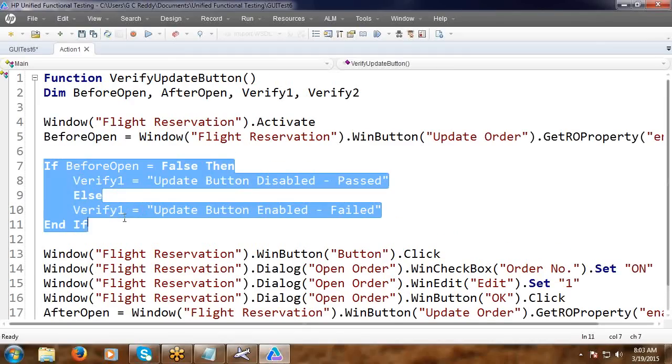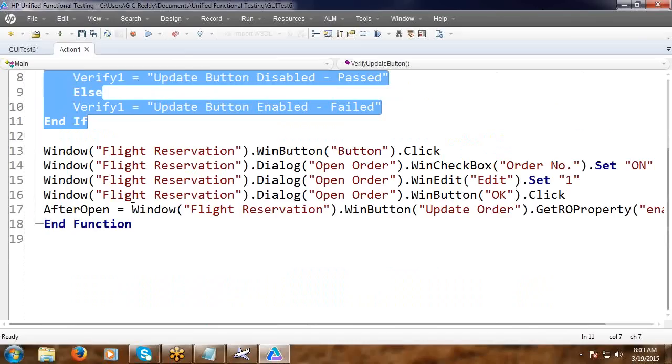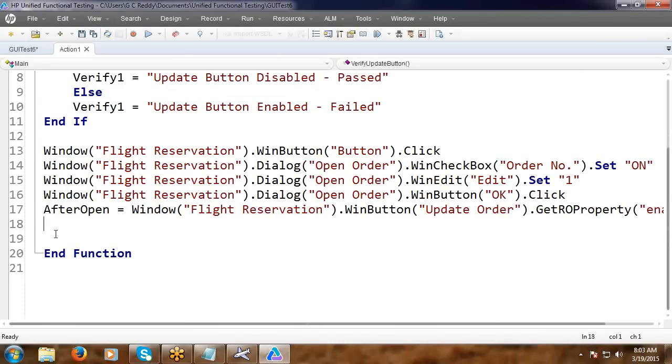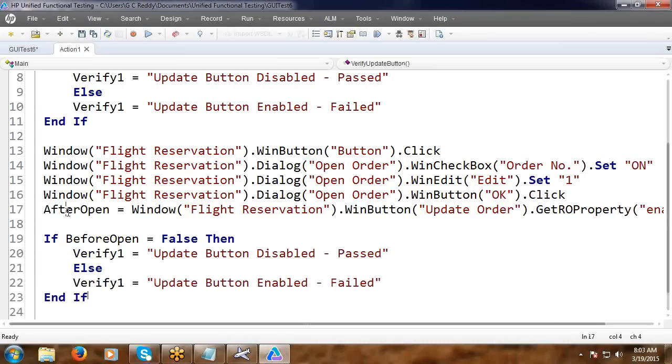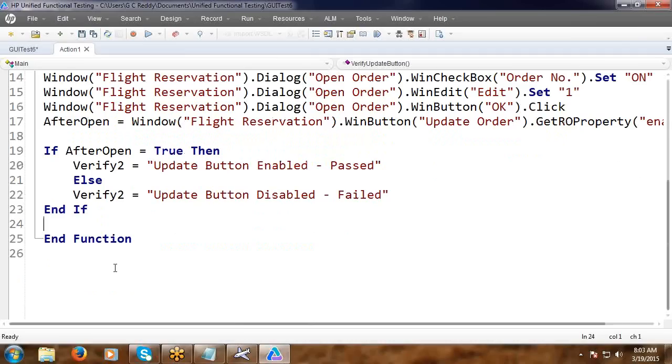Next, after open. After open equal to true. Yes, enabled. True means enabled. Next, verify 2. Verification point 2. Update button enabled. Enabled means pass in this scenario. Disabled, fail. Say return the result. Here